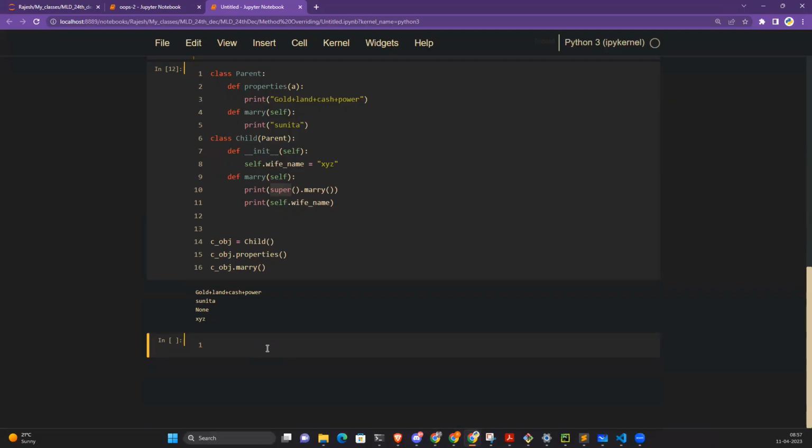Now we are going to discuss another thing which is called constructor overriding. Is constructor overriding possible in the case of Python? Let's see. We have one class which is called Parent, and here I'm not going to use anything else. Here is def __init__, and I'm going to use self, the reference variable which refers to the current class, and here I'm going to print parent class constructor. Similarly, we have one child class,